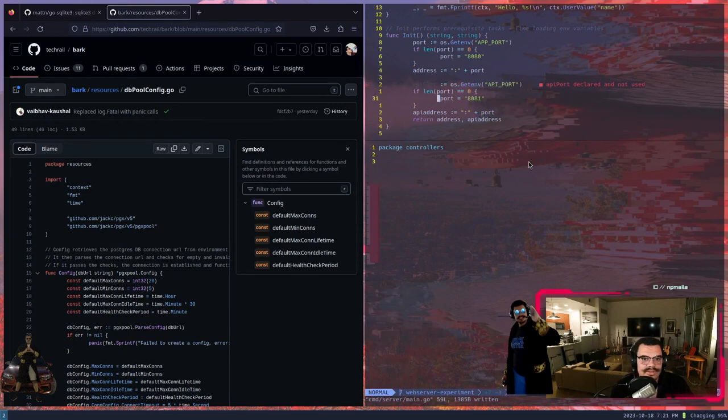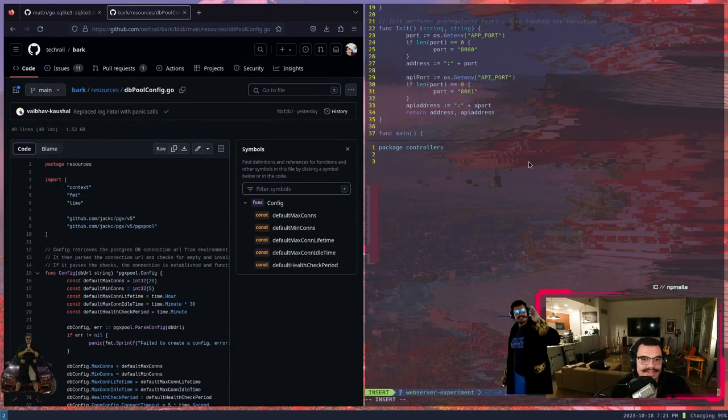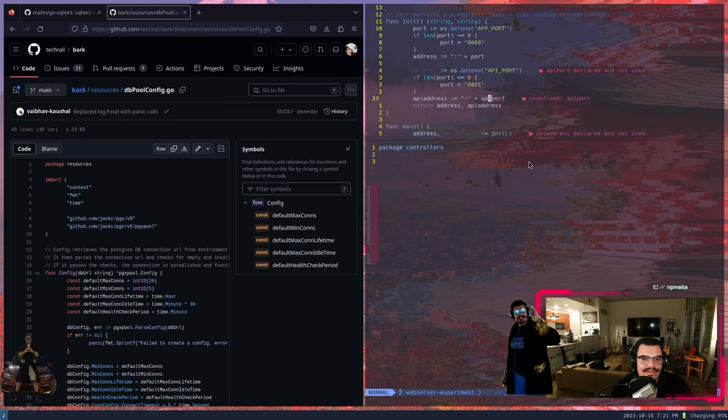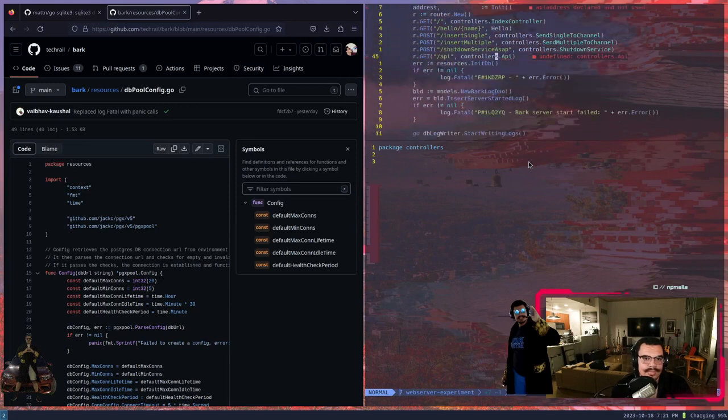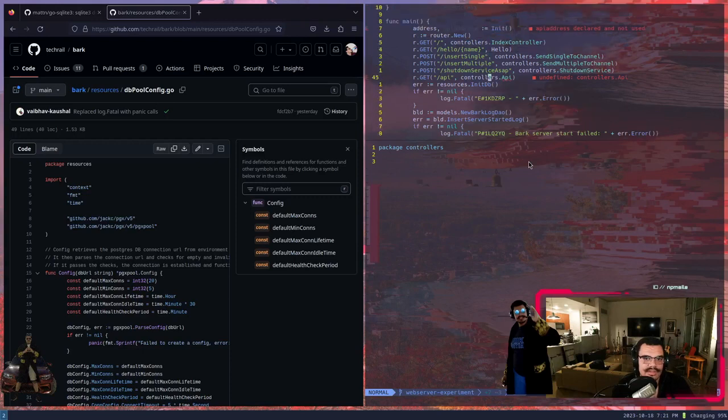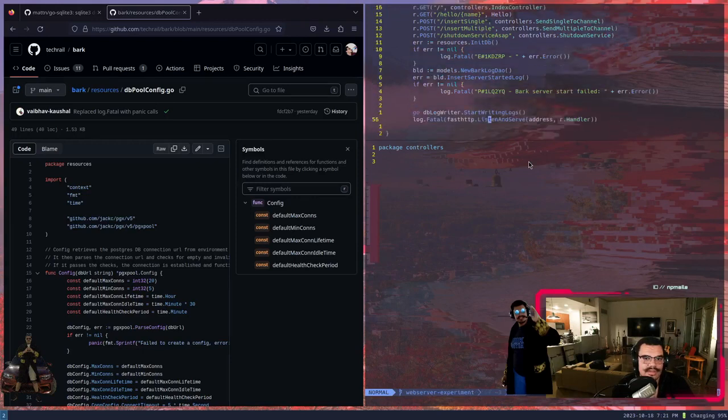API port declared but not used. Oh, I want this plus API port. Fantastic. So API address is not being used. So then we'll do, let's see. Get all that going, and then we'll do a